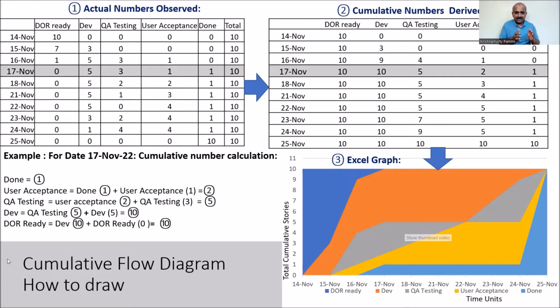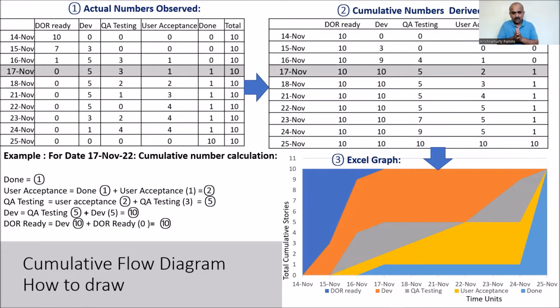We are trying to build, on any given day, a cumulative histogram. Bottom one, right side one, is done. Then on top of that, we add user acceptance testing. On top of that, QA testing. On top of that, development. On top of that, definition of ready. Thereby, we will have control on all the features that we have signed up for as of that day. And we know